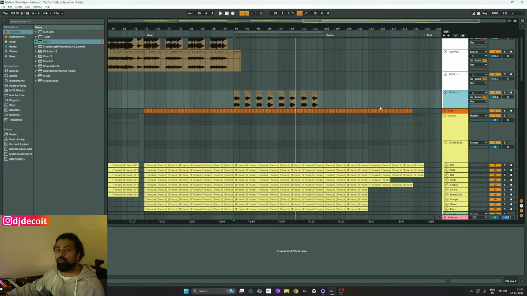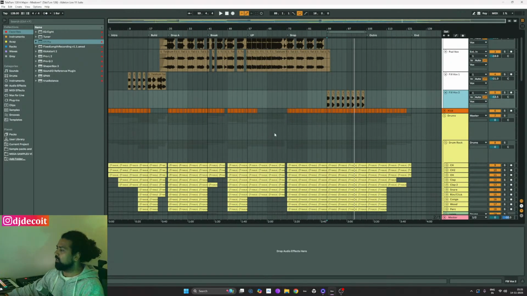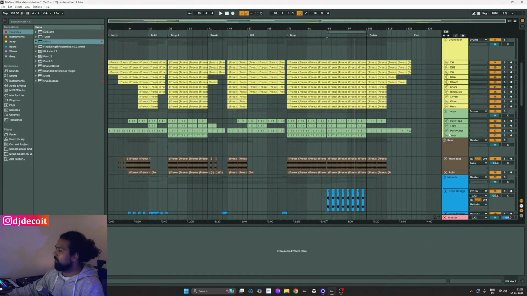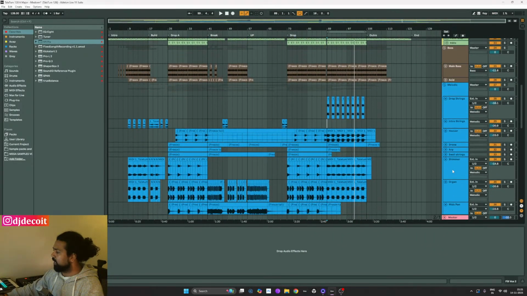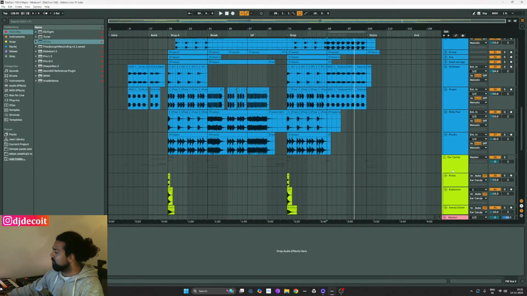Second option is we can throw in a return track for these kind of reverbs. We are anyways going to throw in a couple of return tracks with their individual utility. I would be going through that part as well in my next session probably. I think it's been some time since I have sat with the project, and that's why speed hasn't been too much. I have been a bit slow, but I think right now what we can do is just give it a go in terms of